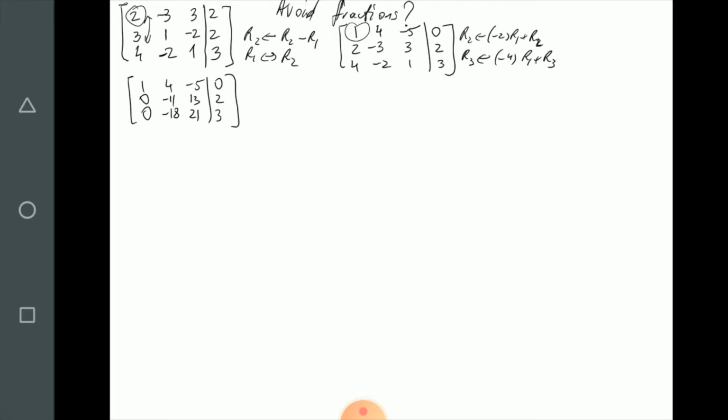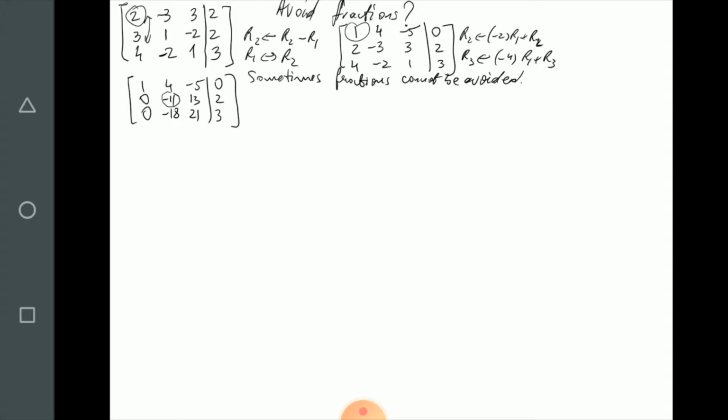Okay, now we need a leading one in place of minus 11. Again, don't rush to divide by minus 11, because again, you introduce fractions. Now I want to emphasize, and maybe we should write it down here, sometimes fractions cannot be avoided. But it pays off to actually think about row operations to see if you can avoid them, because you end up